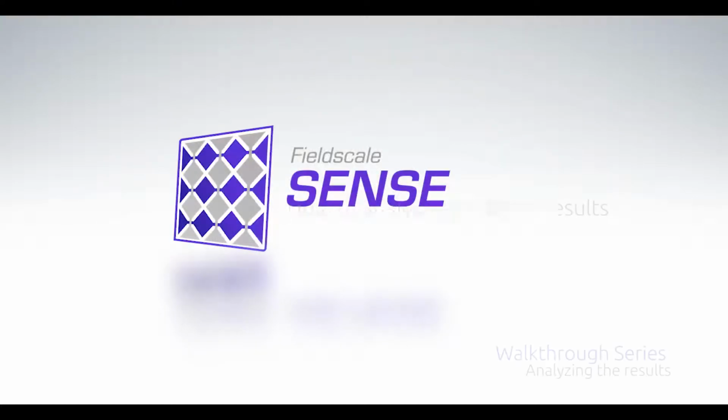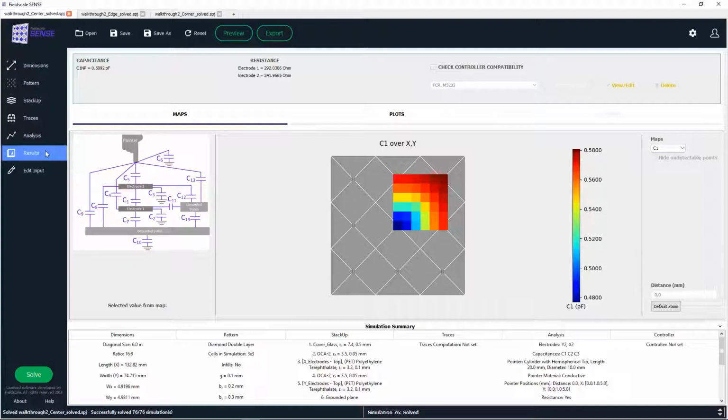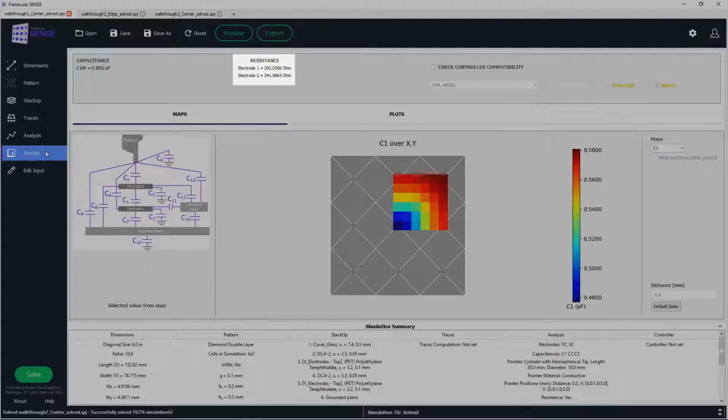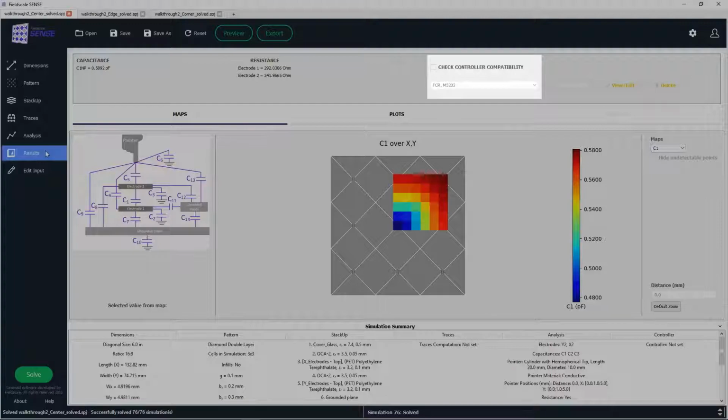Hello, in the two previous walkthroughs we created the design of a touchscreen sensor of a smartphone. Then we continued by setting up and running the simulation of our design. In this walkthrough, we will show you how to analyze the simulation results we have received for resistance and mainly capacitance. We will also use their trends to get useful information, especially regarding the compatibility of the design with a